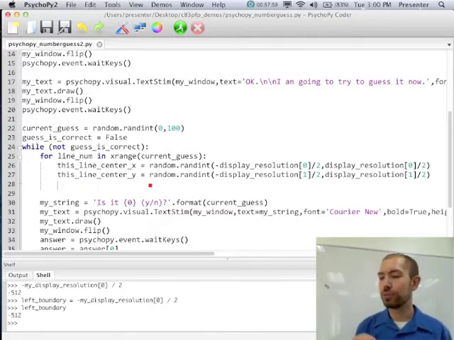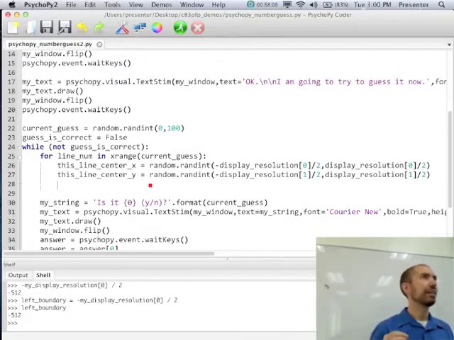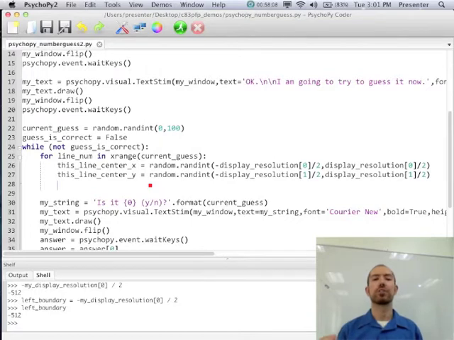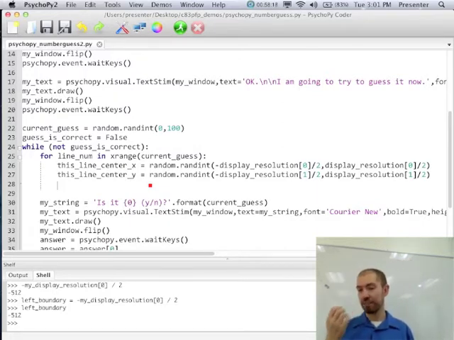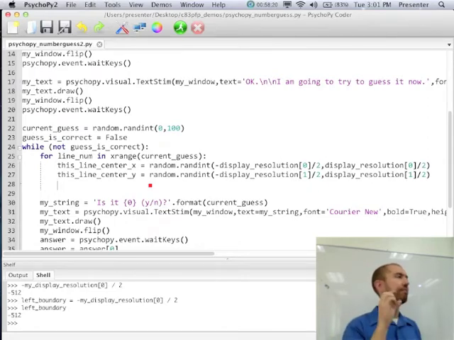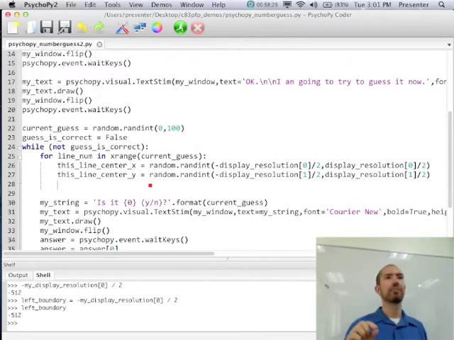So anyway, the new number that I'm going to have to calculate before I can draw the line is where the line starts and ends, right? Because I've calculated where its center is, but I need to know where its endpoints are. So if these are going to be vertically oriented lines, then the x is going to be the same for both.